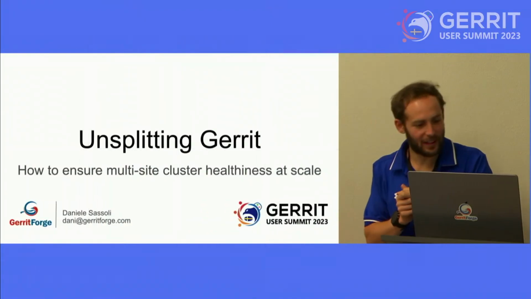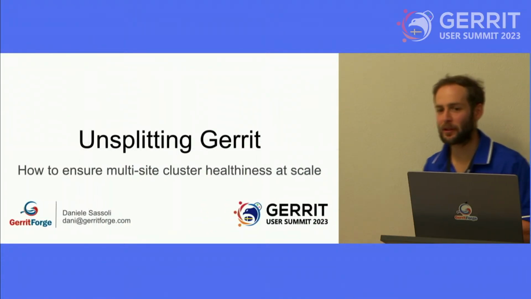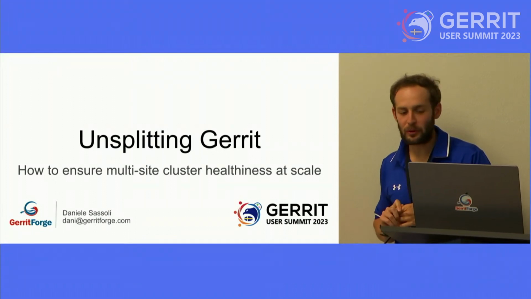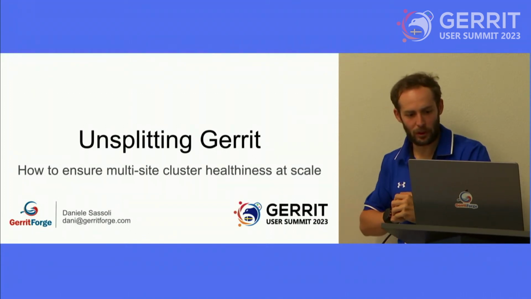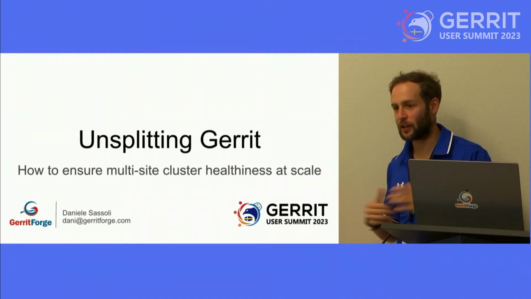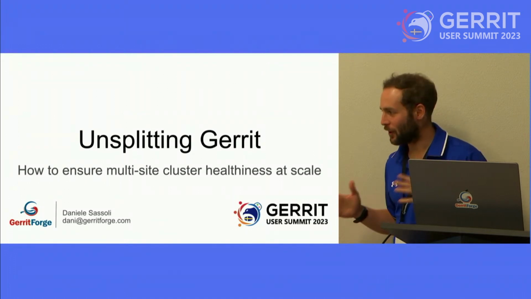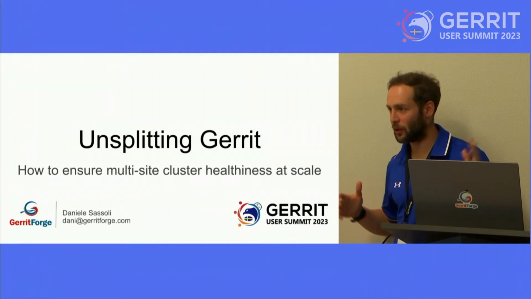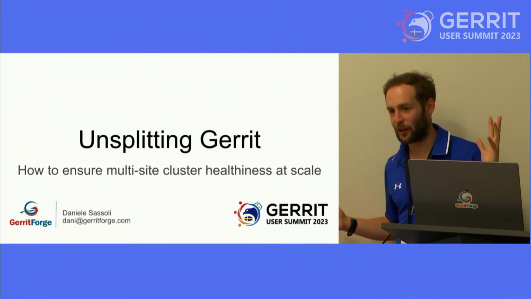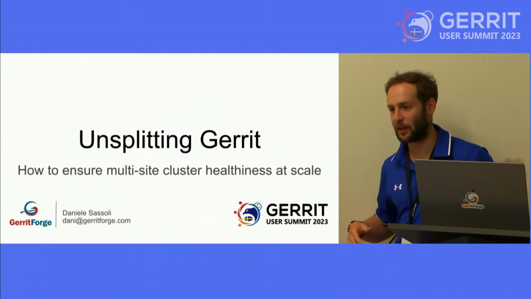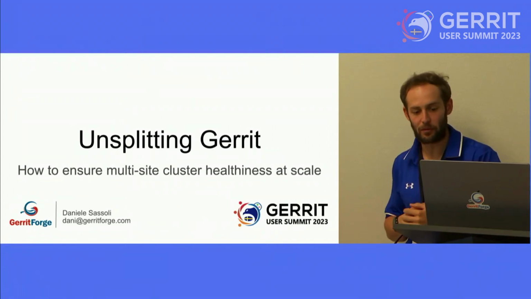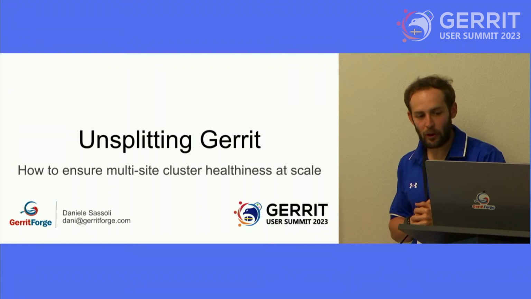So how to unsplit Gerrit, that's what I'll be talking about today. How to ensure multi-site cluster healthiness at scale. We've got a large cluster, a lot of nodes, a lot of machines, all replicating data between one node and the other. How do we know that those nodes are actually in sync, and that one node is not left behind or irremediably broken? Spoiler alert,